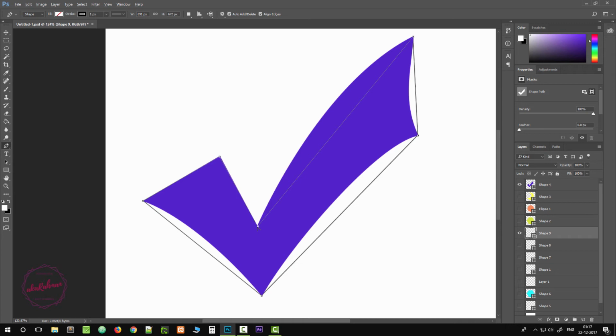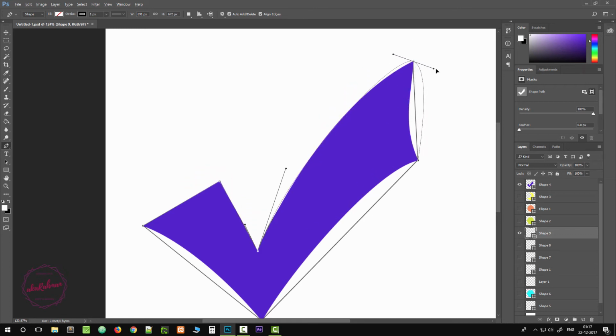Press the Alt button and sorry, not in the opposite direction, in this direction, because we have started from this point and we were going this way, so we have to drag on that way also. So we can use the Alt button again to break the handle. So the curve comes somewhere around here, and in this one there is a little curve, so it comes somewhere around here. Again the Alt button and drag. Now Alt button to break the handle